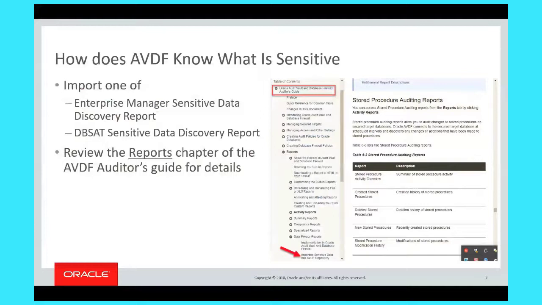The other option, because not everybody has license access to the sensitive data discovery report in Enterprise Manager, is to run the free sensitive data discovery tool that's part of the database security assessment tool. And there you can take the JSON output from DBSat and again, import that into Audit Vault and Database Firewall. And this is how your reports know which columns are sensitive so they can tell you who's accessing it and